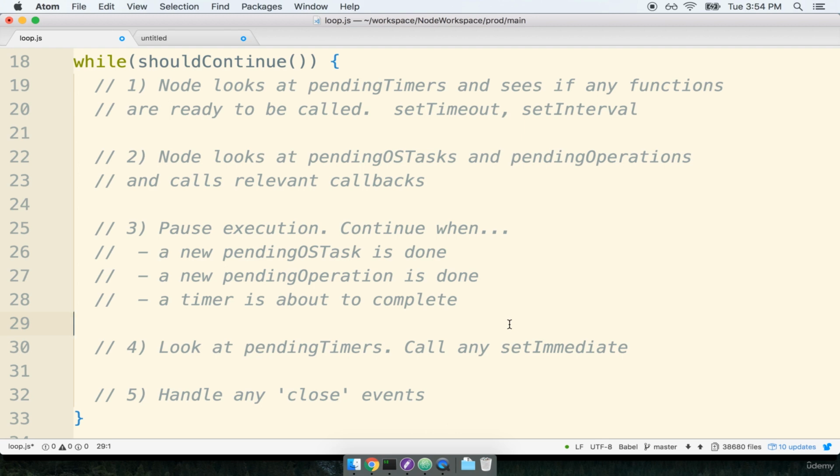This occurs during every single tick that occurs. And probably the most important thing to understand here is step number 3, the fact that we wait around and just wait for some event to occur rather than running through the event loop as fast as it possibly can. So now that we've seen these 5 events that occur during the event loop, let's continue